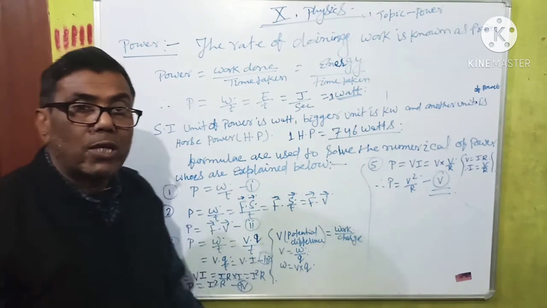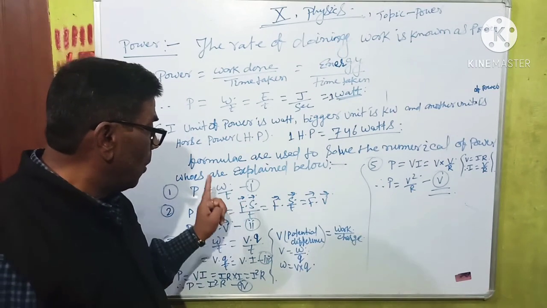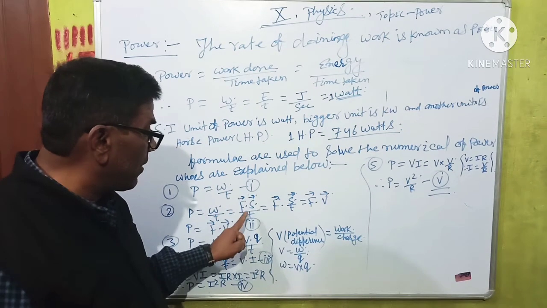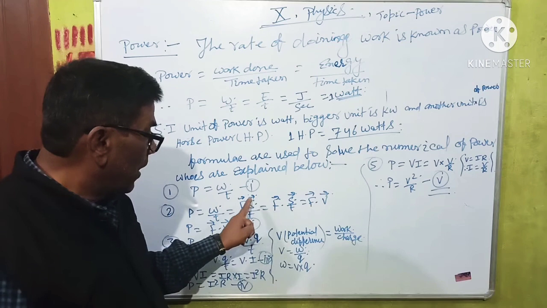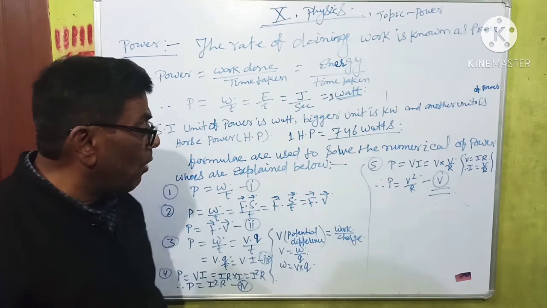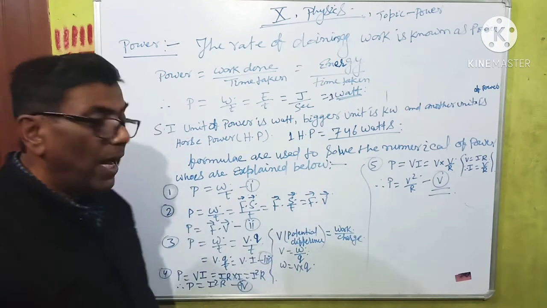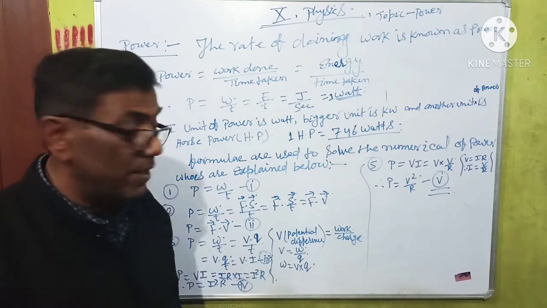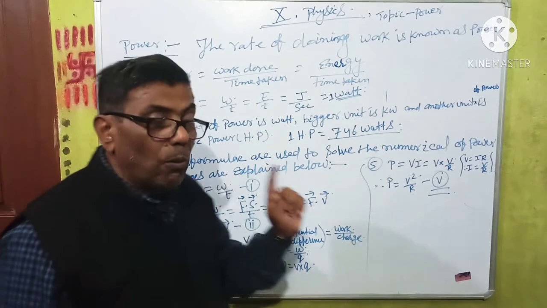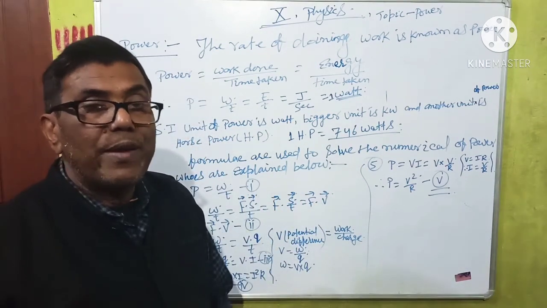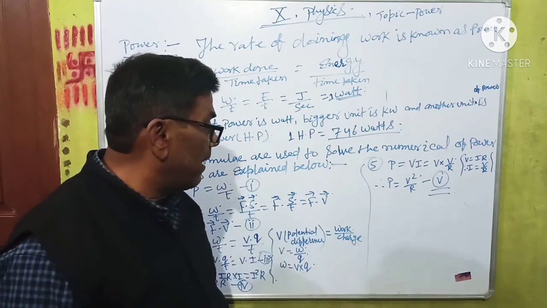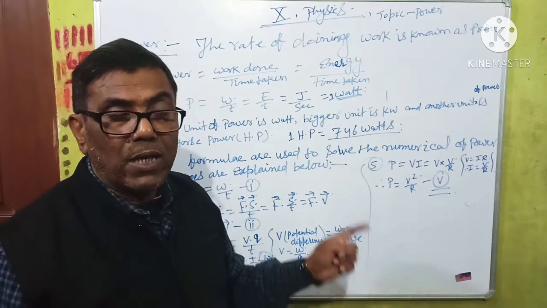Another formula is power is equal to W by time, where work done is also the dot product of the vector quantities of force and displacement. So the dot product of force and displacement upon time, force dot displacement by time, represents the velocity. So here the dot product of the force and velocity is known as power, and power is a scalar quantity. So we can also find the power when a body is in motion and its velocity is given and applied force is also given.